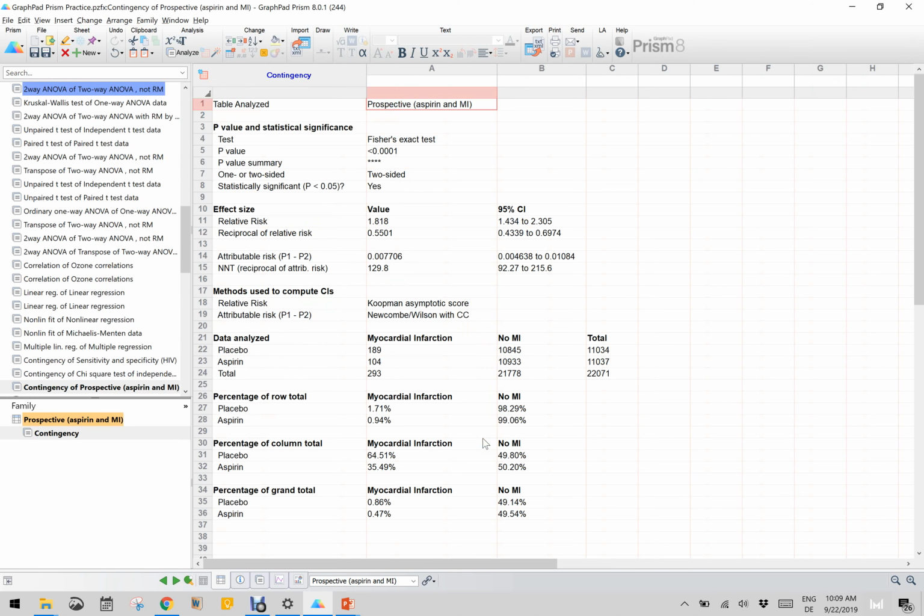So we click OK. As you can see, the table p-value is very low, so that means it is extremely significant, the two-sided p-value. Now it's also important to check the effect size. The relative risk is 1.818 with the confidence interval all positive, so there is definitely a correlation between the